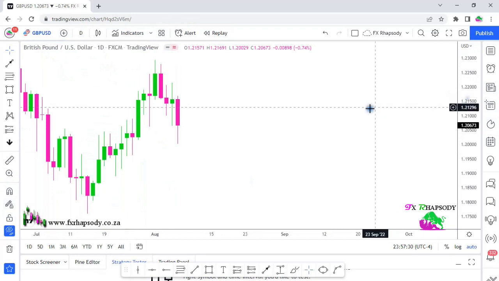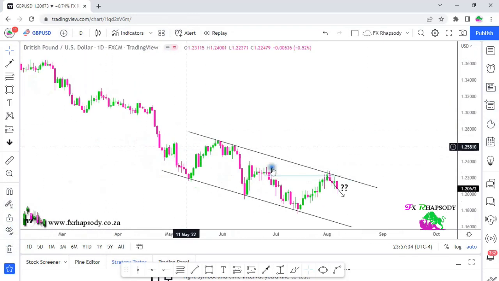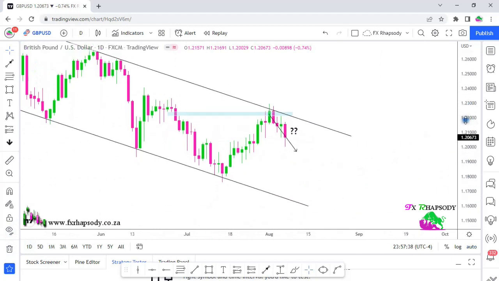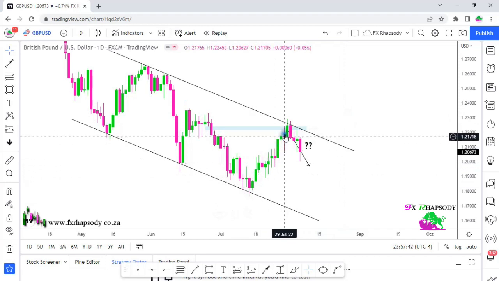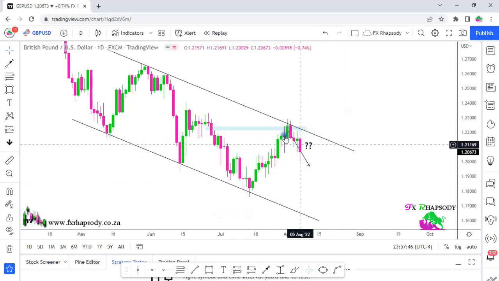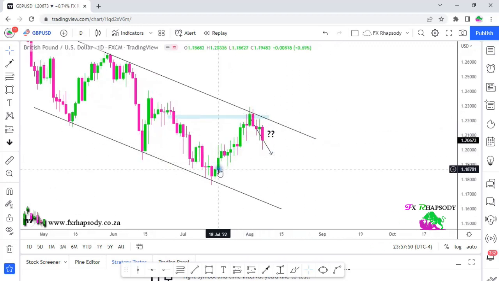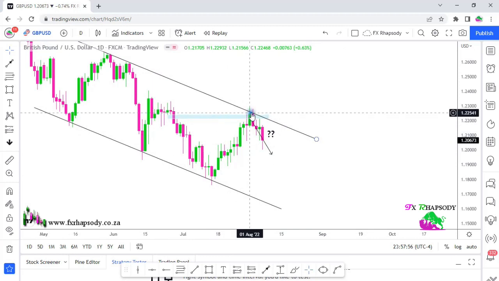Okay, so let's see what happened on the daily time frame. Again, we know that price is in that downwards trend. Previous week, we had analysis where we looked at price going maybe up to this trend line, which it did. I still had a question mark: will price respect that trend line and carry on downwards? And again, it did. So price going up, not breaking past that, but hitting that trend line area, and it's a nice sell opportunity going down,